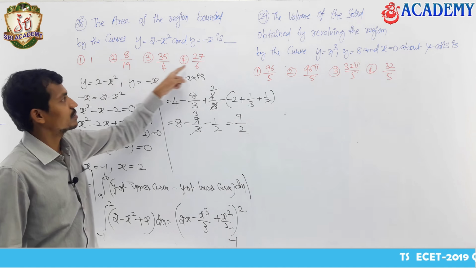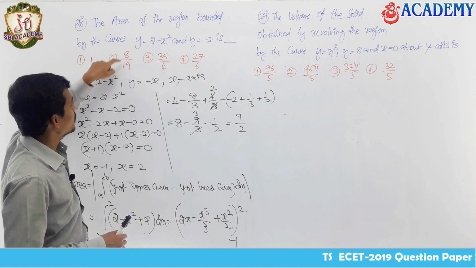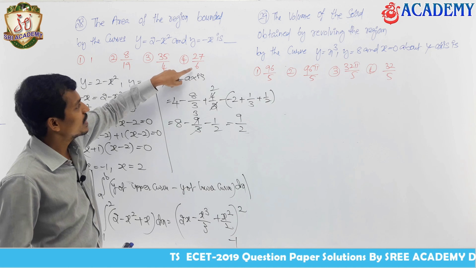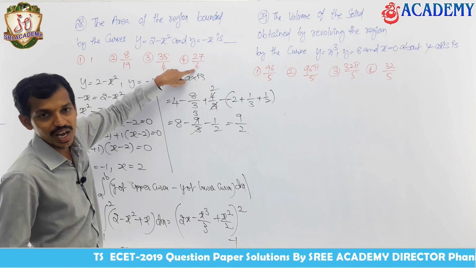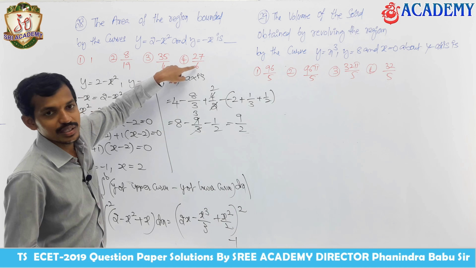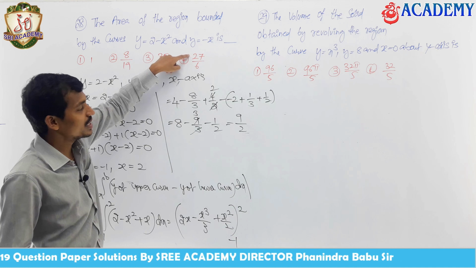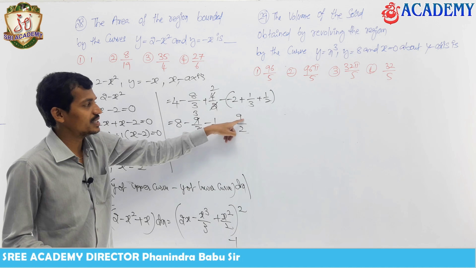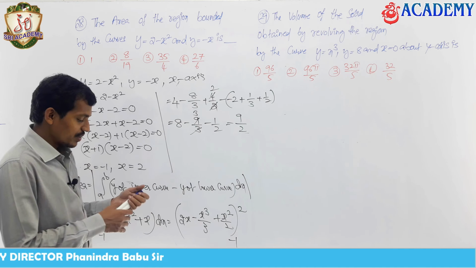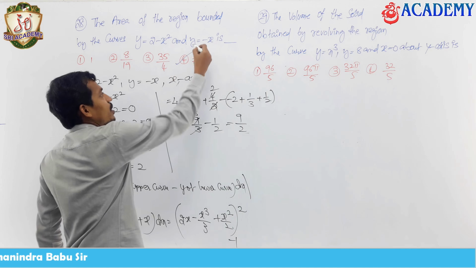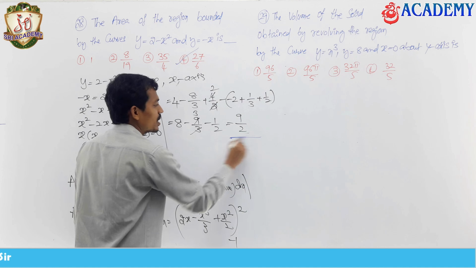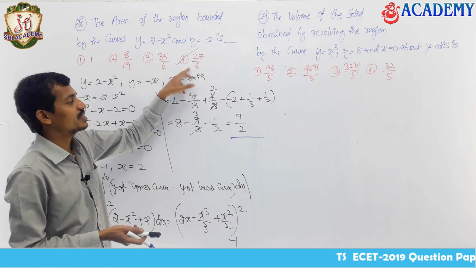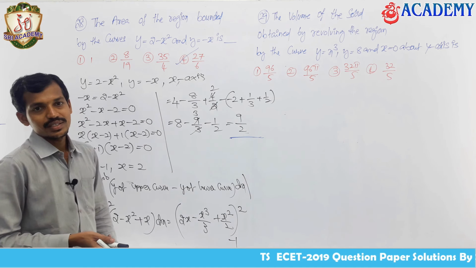But in the options we did not have it. But see here, there is 8 by 19, 35 by 4, 27 by 6. If you divide with 3, you get 3 to the 6. Indirectly, 3 2s are 6, 3 9s are 27. If you multiply this one also with 3, 3 9s are 27, 3 2s are 6. So indirectly you can write the given answer. But don't get confused, you are not getting it like that, don't get confused. You got here 9 by 2, but if you multiply with 3 in numerator and denominator, you will get 27 by 6.